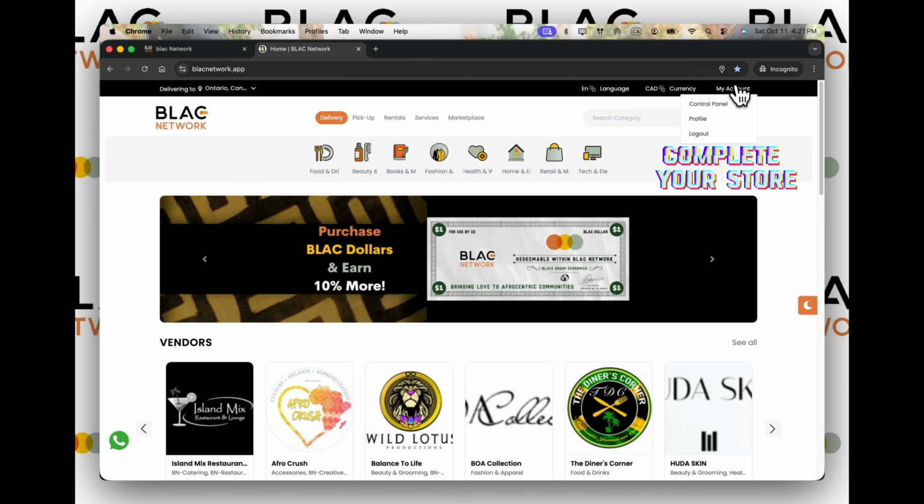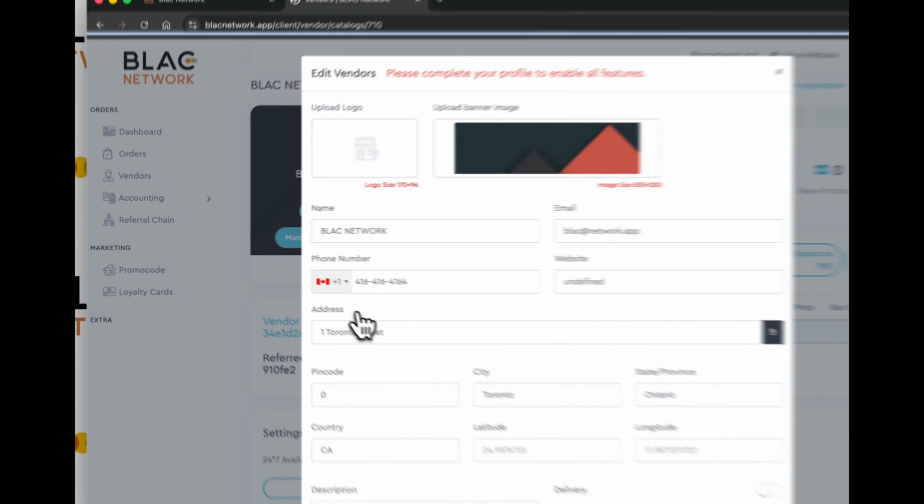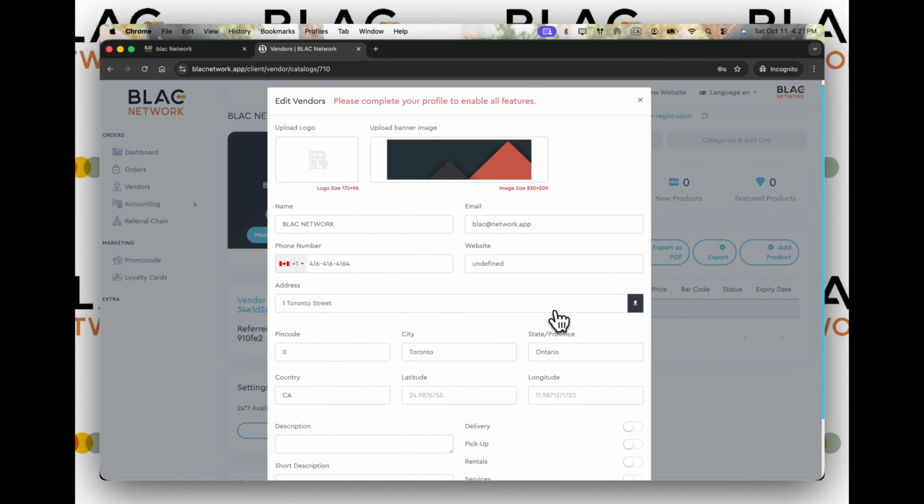At the top right, you'll see My Account. Inside of there, you'll see Control Panel. And then in here, before we can go live and have our store ready, you want to add a logo by clicking here and adding a logo, or dragging and dropping it in there, adding a banner, confirming your name,